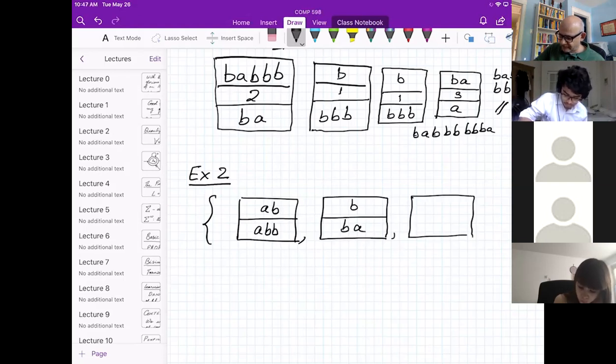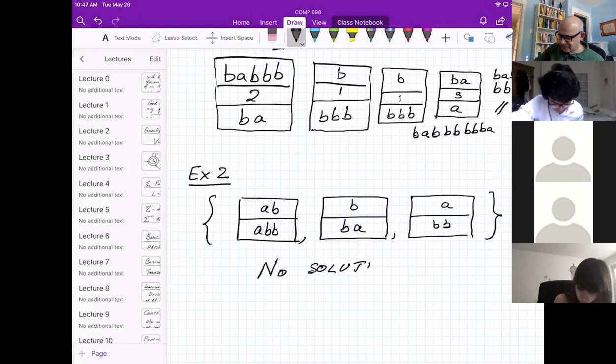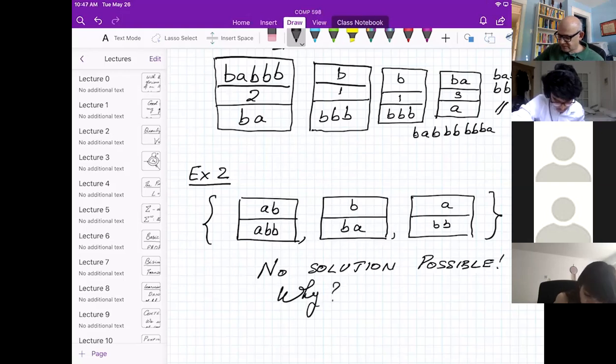And what do we have here? 3 kinds of tiles. And this has no solution. Why? Why can you instantly look at this and say, no, that's impossible?